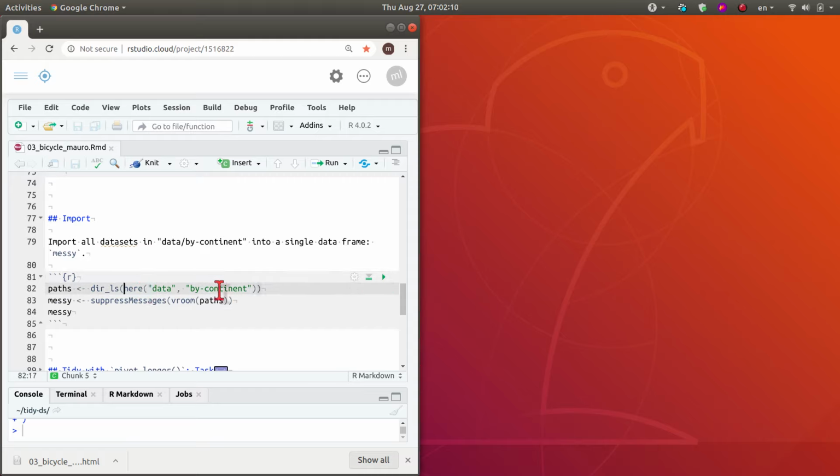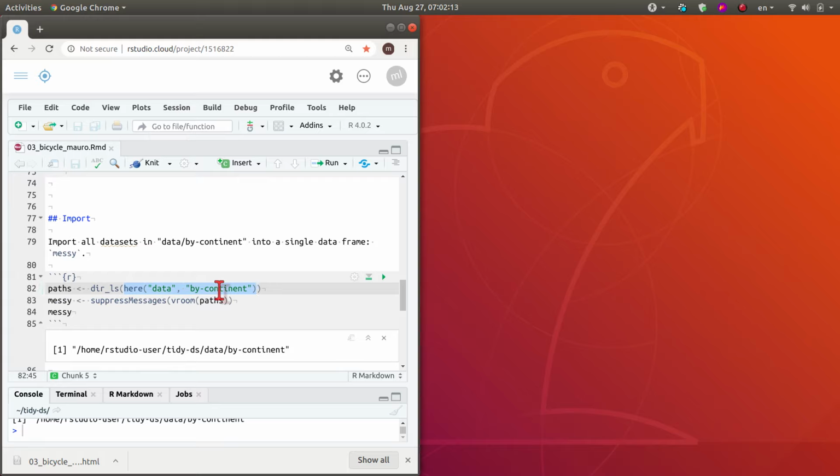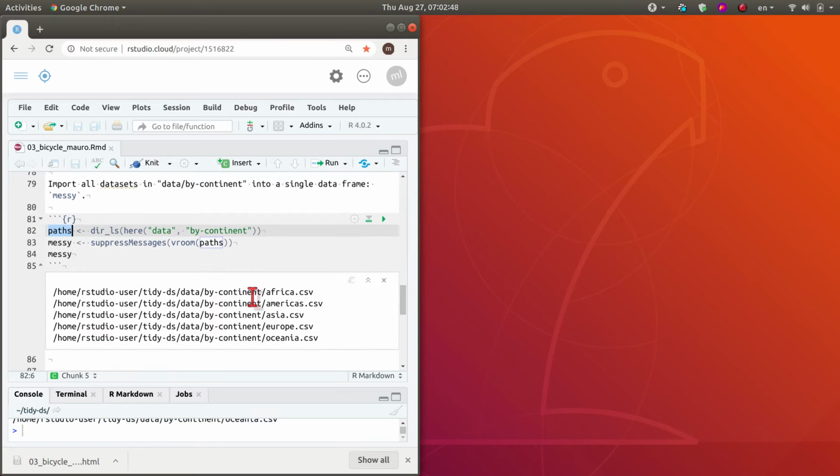Remember, we are using here as a way to create a safe path that will allow us to move this document around the project, and it should always work, provided that the data remains where it is. So the first thing I'm going to do is create this paths variable to contain all the paths to the files that live in there. I'm going to use the function dir_ls, for directory list, so list that directory, so that inside this directory there is a bunch of files. I think we saw that in another lesson. Running that gives me this vector of paths to different CSV files,